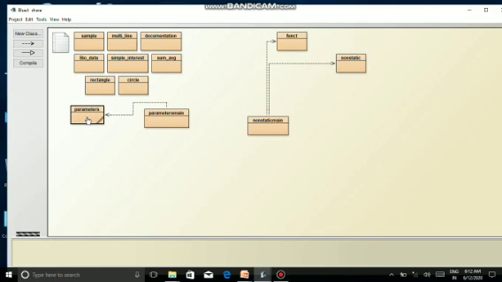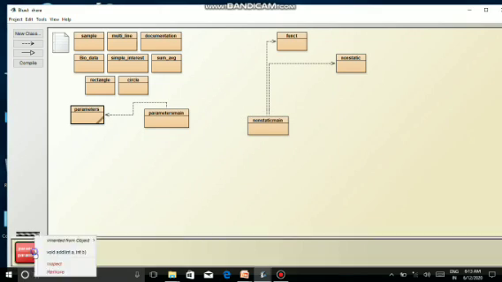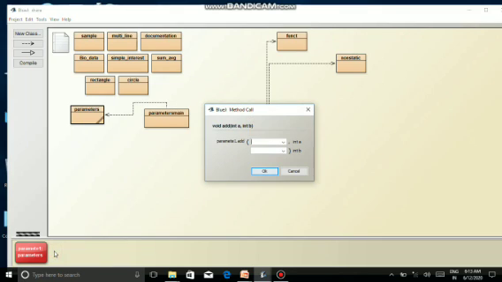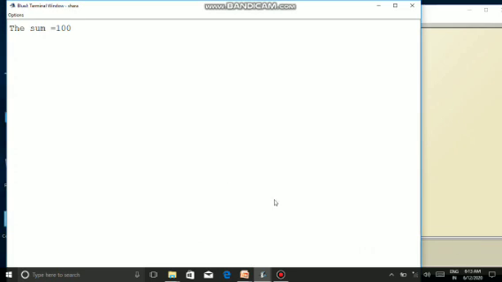And if you're running this program Parameters where you did not create any object, it will ask for creating an object, and you can create the object here. Then you run the program here, and it will ask for the runtime values. Here also you can give the value, 50 and 50 I'm giving, and give OK. Then see the terminal window. Terminal window is here. So you can see that sum is equal to 100. So here also 50 and 50 are the actual values or actual parameters.